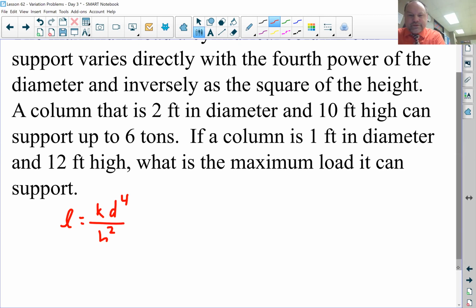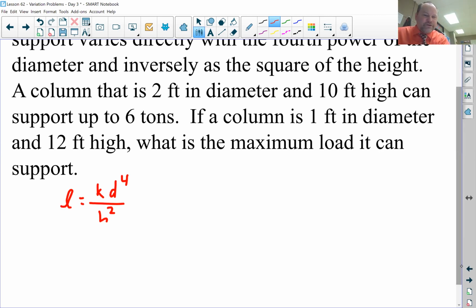So using the first bit of information, we know that 6 tons can be supported by 2 to the 4th over 10